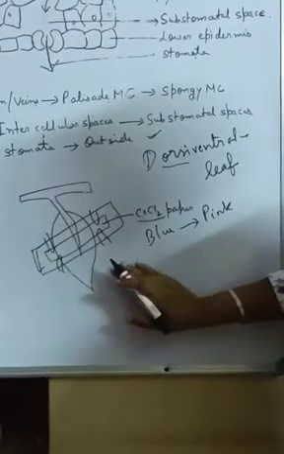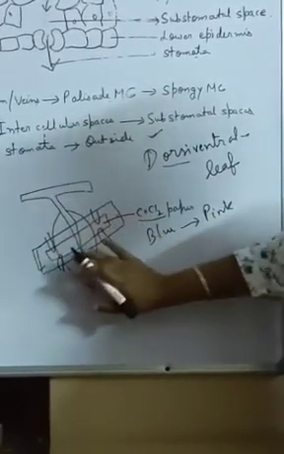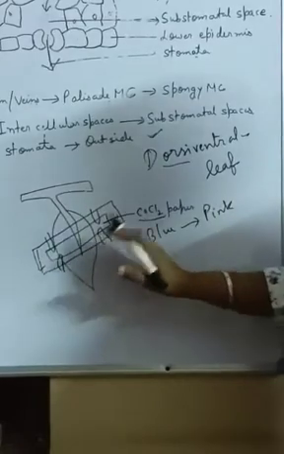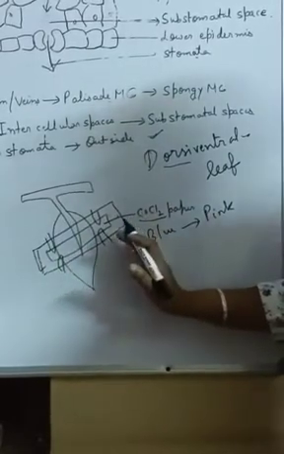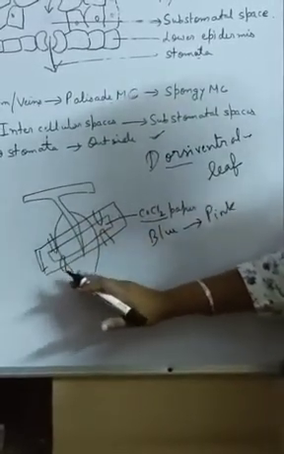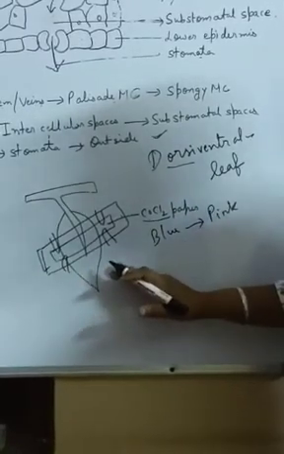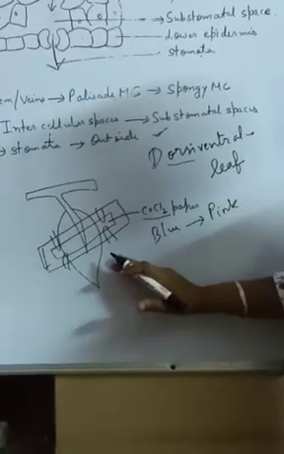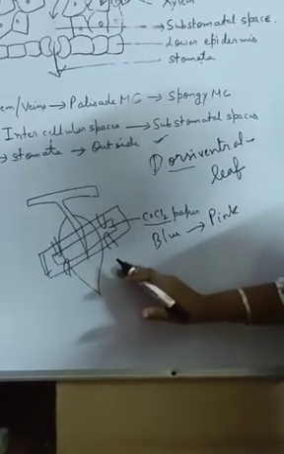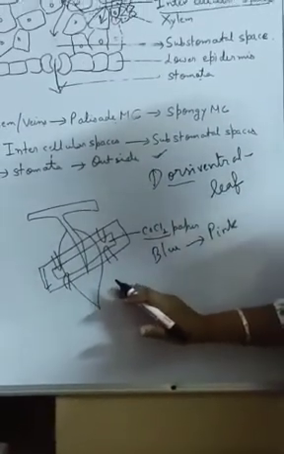We'll see after some time that the cobalt chloride paper on the upper side has turned slightly pink, and on the lower side it has turned pink more. So what does this prove? That the lower side contains more stomata and on the lower side more transpiration takes place.